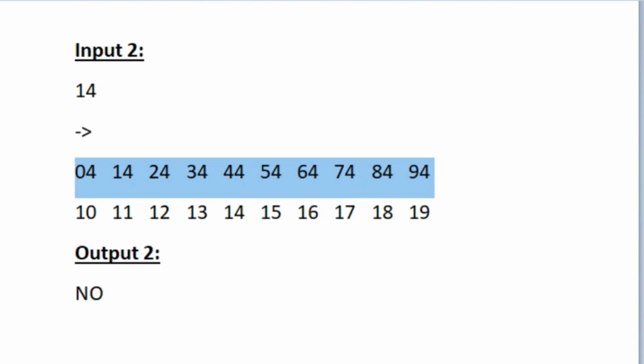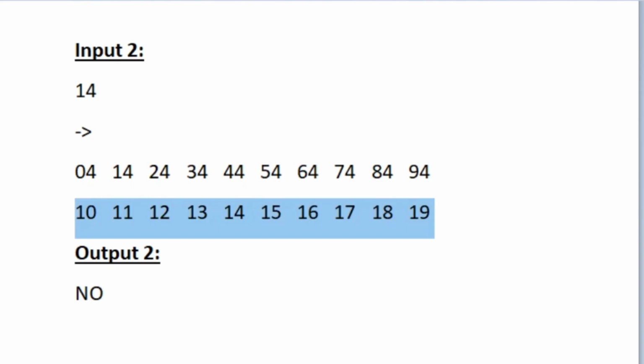So now we have to check for our second digit of the integer n. So again we have to replace the second digit of the integer n with 0 to 9. So the 4 must be replaced with 0, 1, 2, 3, 4, 5 until 9. So here we can see that the first digit is always 1 and the second digit alone varies from 0 to 9. So 10, 11, 12, 13 until 19. And here we can see that there are prime numbers. So the integer 11 is a prime number, and then 13 is a prime number, and then 17 is a prime number, and 19 is a prime number. So totally out of the 20 new integers formed, we are able to find 4 prime numbers.